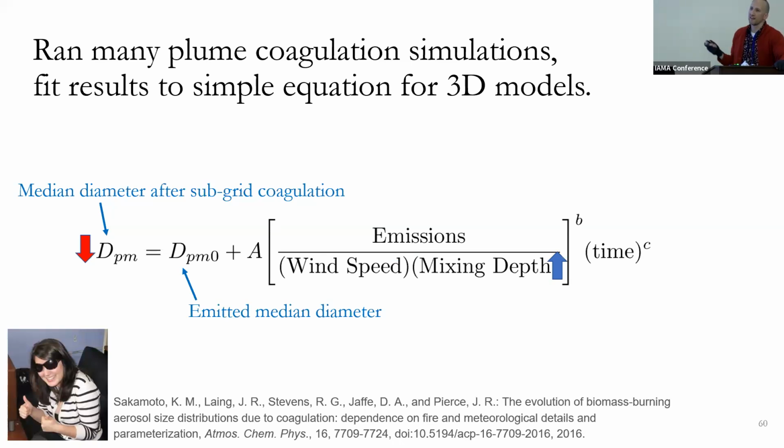And the one parameter we kind of have to guess on for our model is how much time we want to allow the subgrid processing to happen for. We usually do 5 hours or so. Unfortunately, this C parameter here is like 0.3 or 0.5. And so the further you go out in time, the less time matters, but the further out in time, the more growth you get, as expected. So we process it for like 5 hours, and then we put it back in the grid box, saying, okay, this is the plume-processed size, and it reduces the particle number as well.